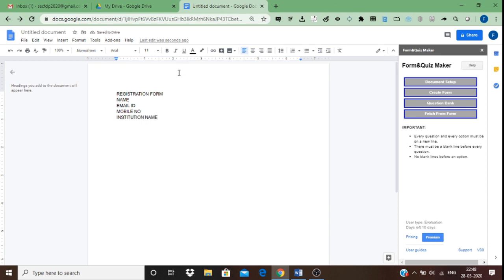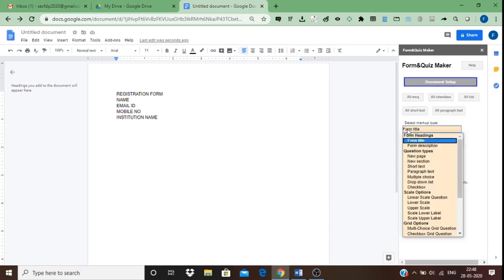These are the details that you want to get. Now to convert this into a form easily, first this is the heading of my form. The heading of my form should be registration form. So click on this left side of the registration form, go to document setup, and this is going to be